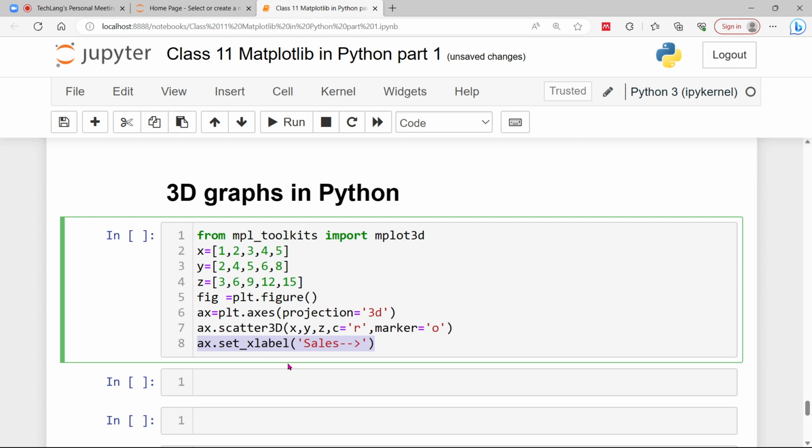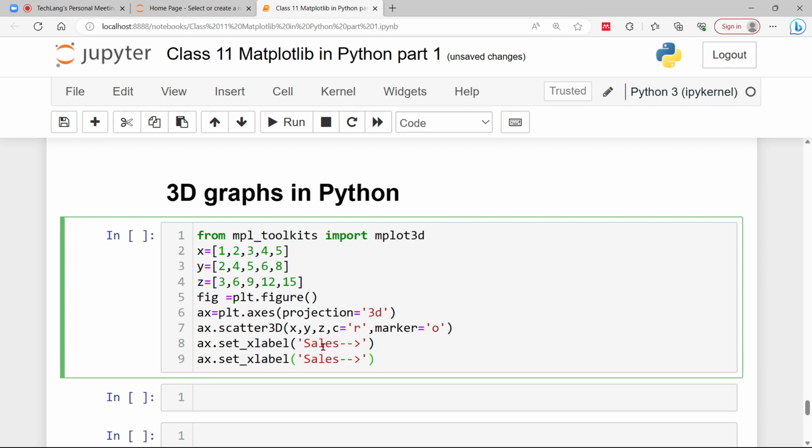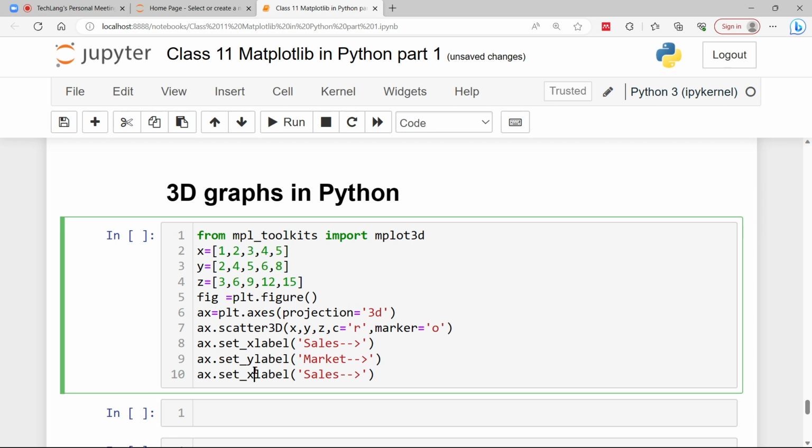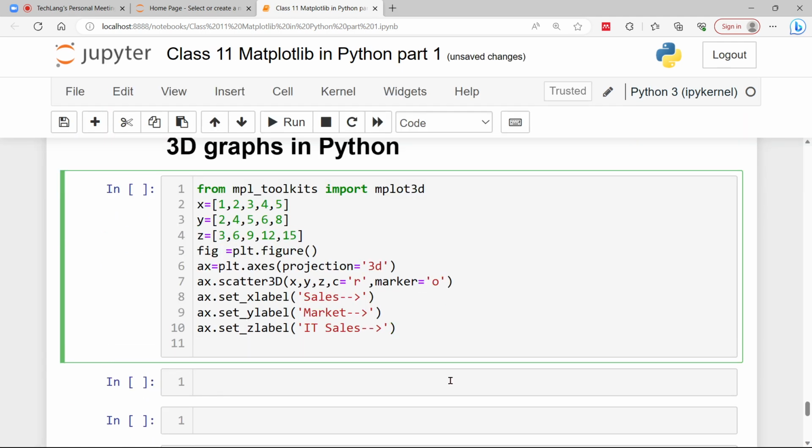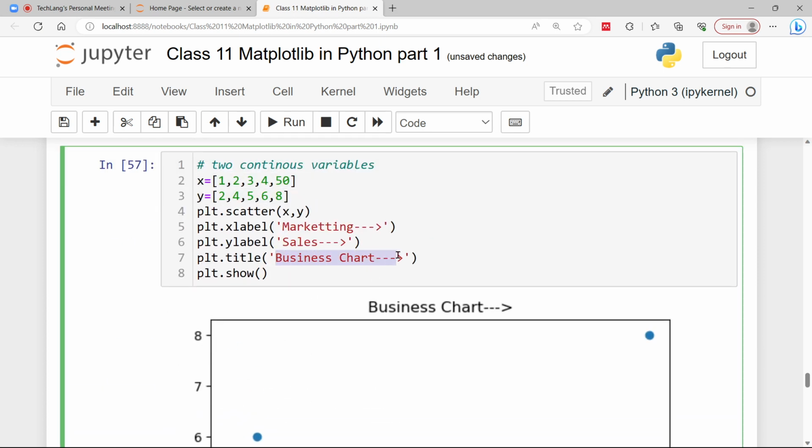Similarly we need it for the y-axis also, so I'll call set_ylabel and mark it marketing team, and then I'll set the z label, and I'll call it IT sales, right? Finally I'll use ax.set_title and keep this title as business chart,